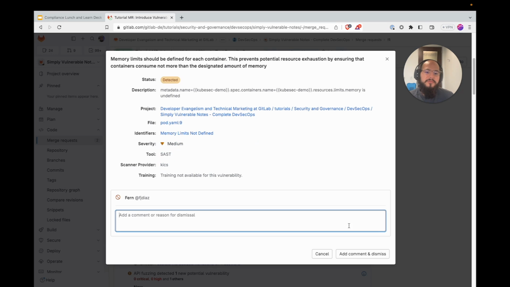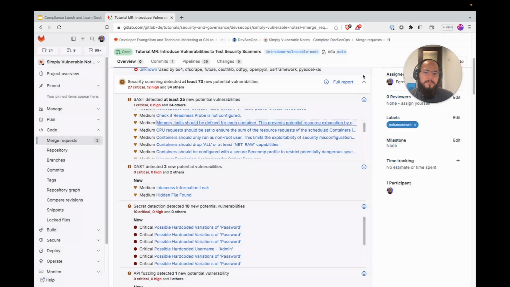Developers can also dismiss the vulnerability with a comment and let the security team know that this is not a valid vulnerability, this may be only in test, and then when a security team member does a review, they can take that into note. So it really drives efficiency for developers and the security team.